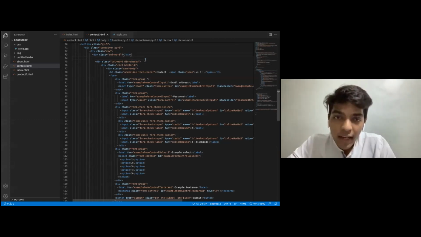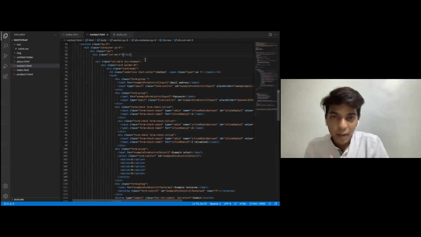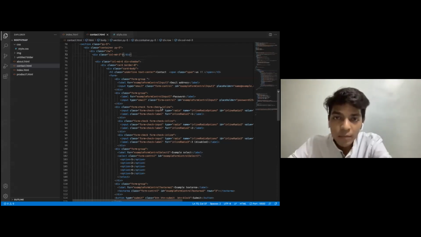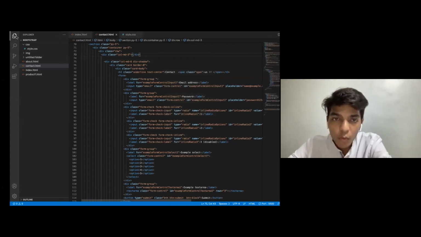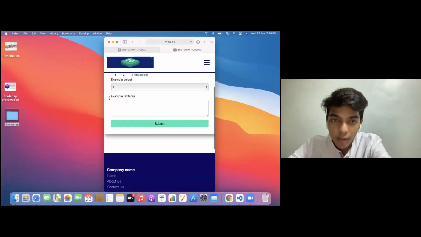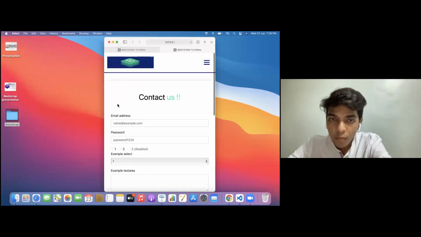So if I write something here, it would be visible. I have to style it nicely, but I want my column to be in the center. The 3 is something that the container has provided us. I have given md-3 and I use column md-6 so that my part could be in the middle. So I will open this with the live server and sync it up, and I can see that my form works absolutely fine and looks very nice.